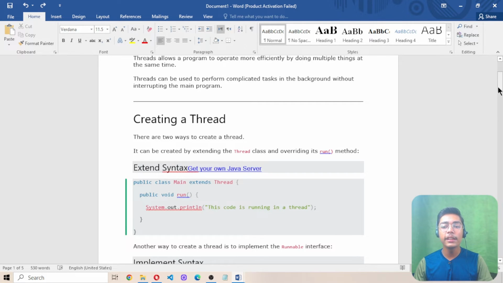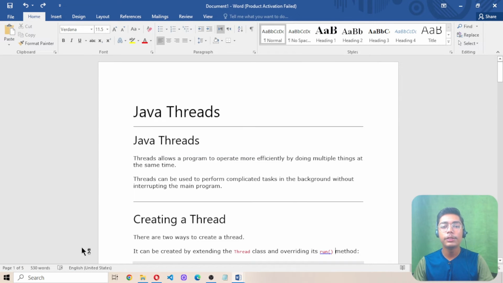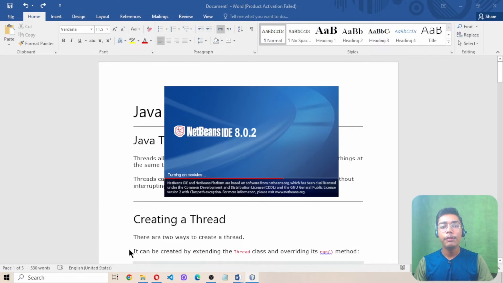So before creating a thread, we need to open our NetBeans IDE here, because as you know, in the previous video when we were just using Java, we were using NetBeans IDE as our main text editor. And if you are a beginner starting with a language like Java, I would also prefer you to use this NetBeans IDE because it has all the features and all the things which a beginner needs when they're starting with an advanced programming